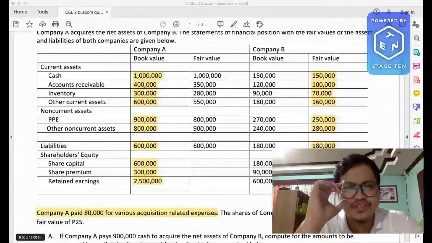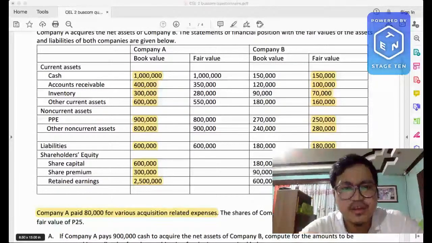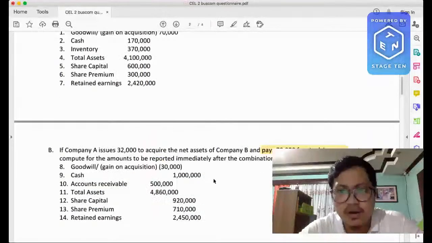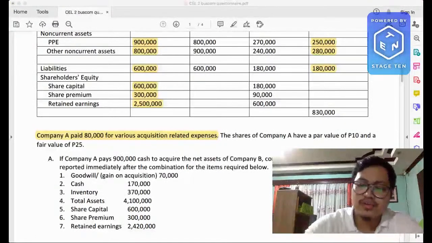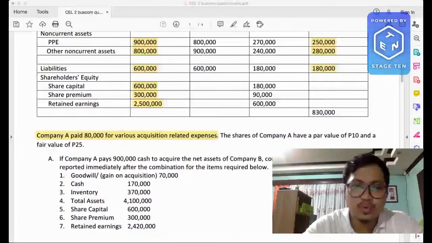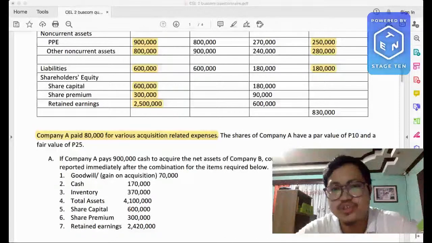So for the issuance of the shares, class, how many shares were issued? 32,000. How much was the par value of the shares? The par value is 10. And that should be the amount that will enter our share capital account. So, there being 32,000 shares issued with a par value of 10, the total credit or the total increase to our share capital should be